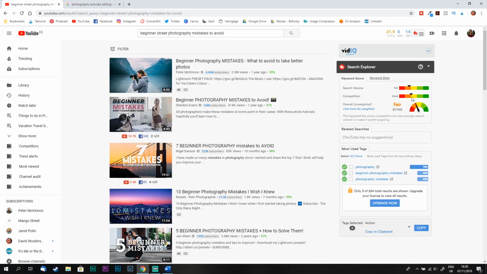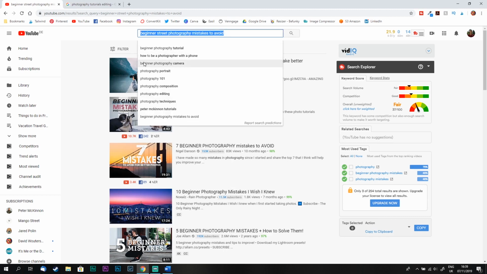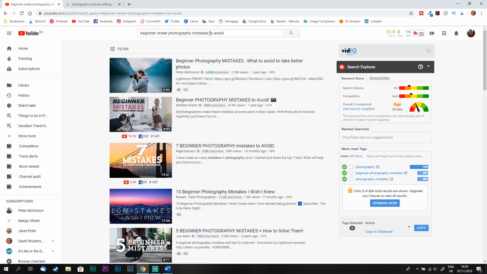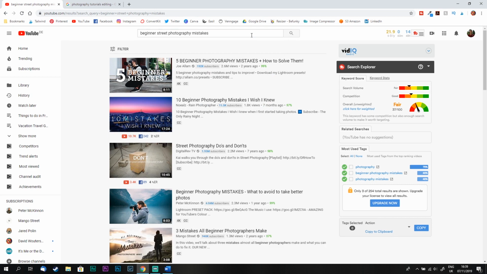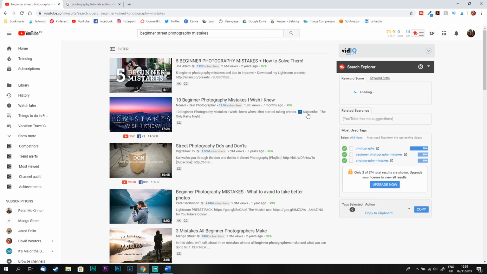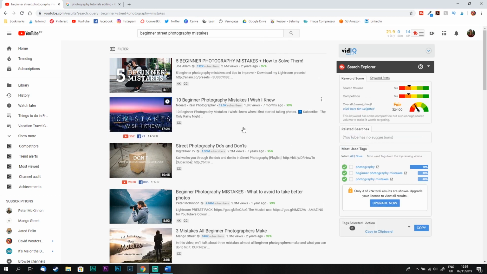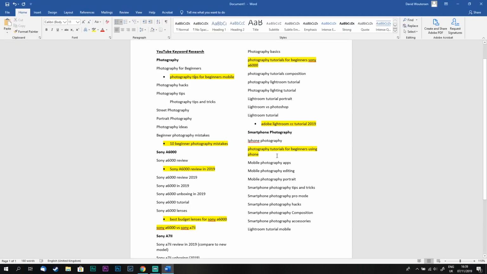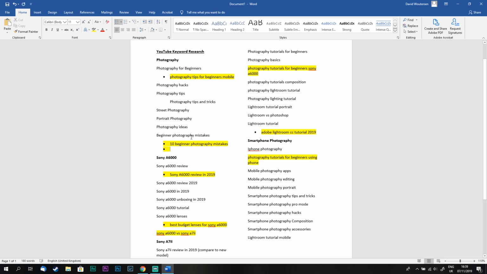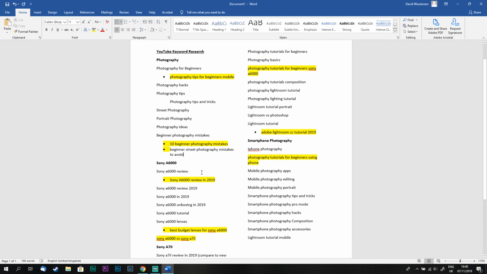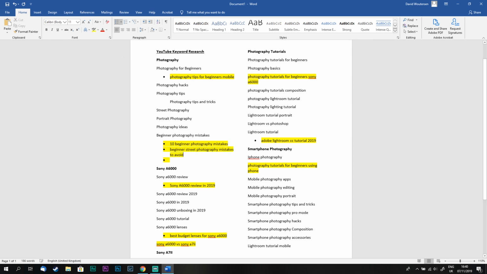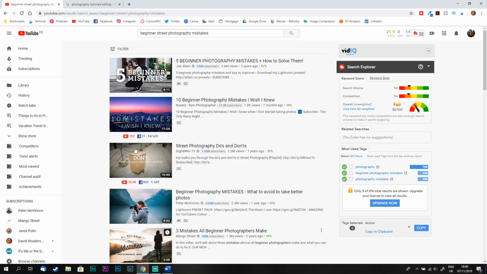Okay, so that's just in the yellow, so that's something we can go after. Maybe get rid of the to avoid and see how competitive that is. Okay, that's not quite that. It's too competitive for us, but we have that mistakes to avoid, the street photography mistakes to avoid, that also fits the bill in terms of searchability, and we can rank for that. So let's go with that, and then we can go for